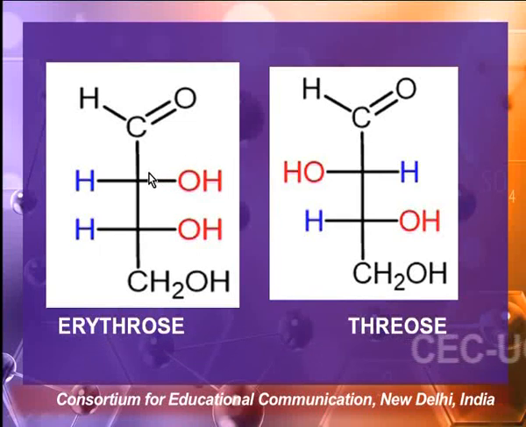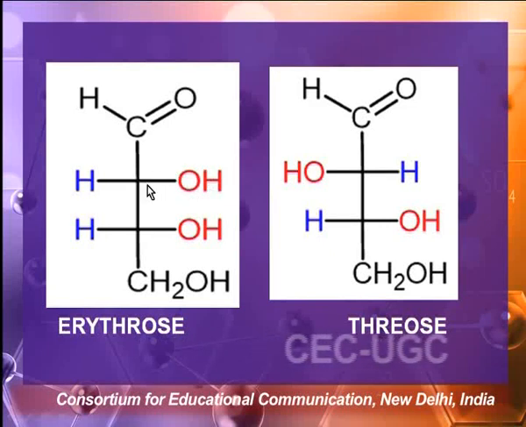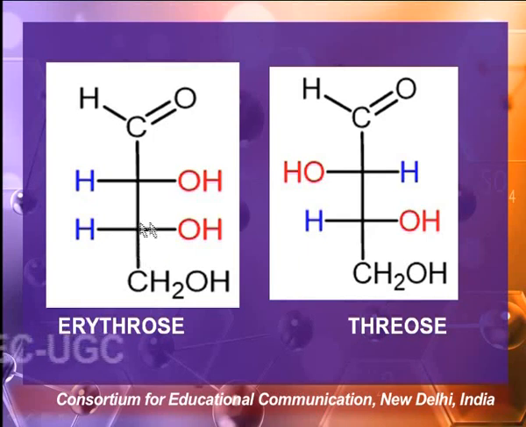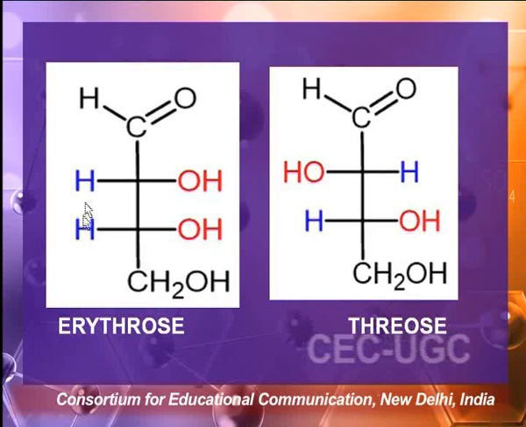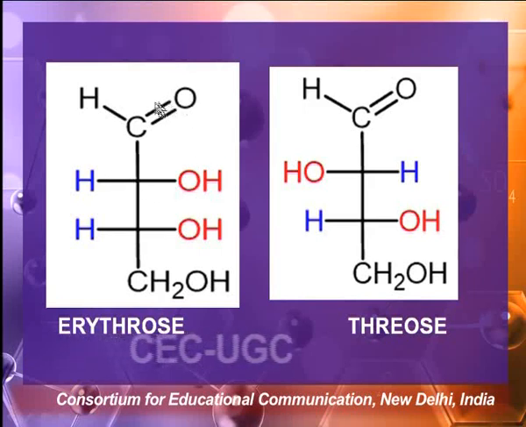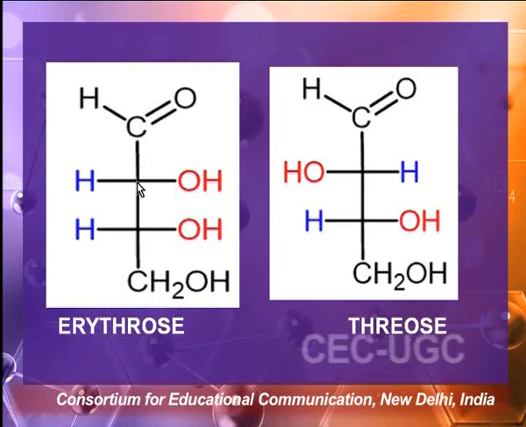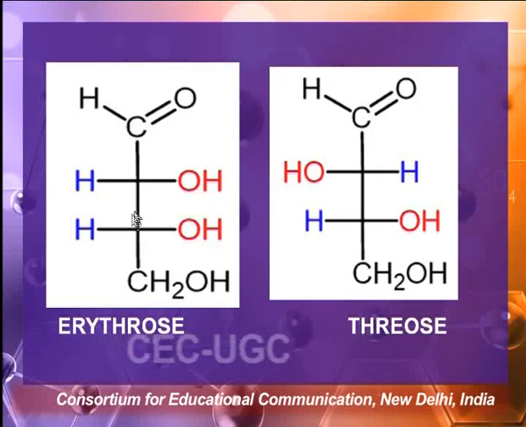And what we find in this case, we can write two structures for this. In one, both the OH, so this carbon is a chiral carbon since it is attached to 4 different groups. Similarly, this carbon is also a chiral carbon since it is attached to 4 different groups, that is hydrogen, OH, hydroxymethyl, that is CH2OH, and CHOH, CHO. And similarly, this carbon is also chiral, that is, it is attached to H, aldehyde group, OH group, and CHOH,